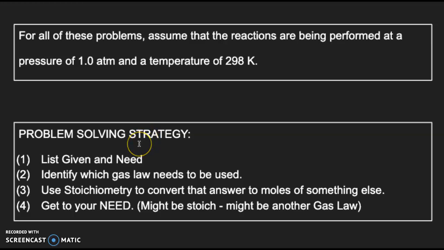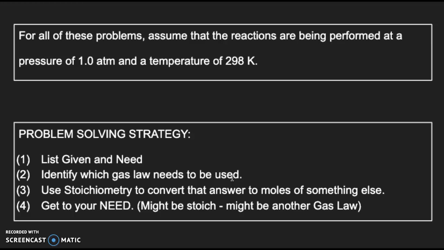So basically our problem solving strategy is going to be really similar to what we've done in gas laws and stoichiometry because we're going to be combining those two skills. So we'll still list our given and need. We'll identify which gas law needs to be used. That should be really familiar from the last few days. And then once we apply our gas law,